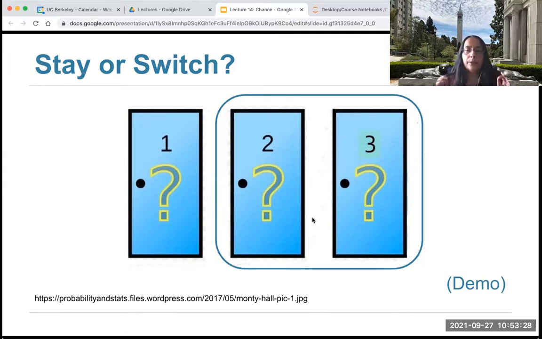Right, okay, so as you see, there is a tussle, right? Your intuition is saying, wait a minute, we lost a door, now there are only 2 doors, now it should be half. But you can see, if you think about it a little more carefully, it has to be that the chance that it is behind your original door just remains unchanged. That's 1/3. Right? And so you should switch. But, you know, this requires a little bit of solidifying.